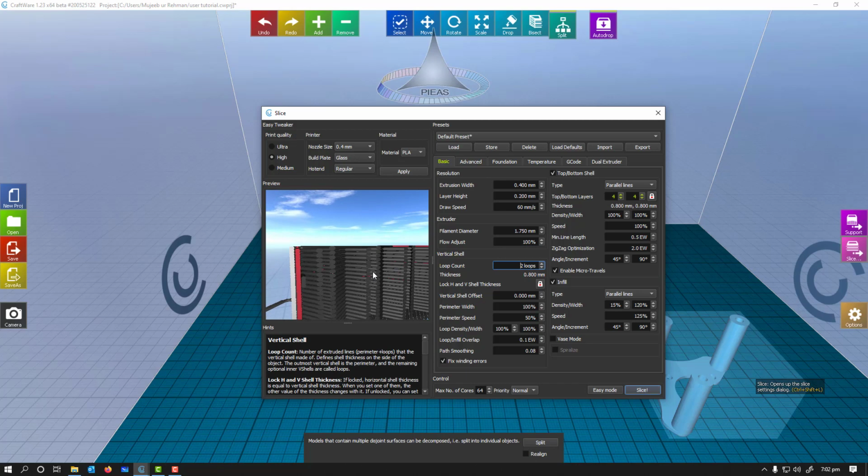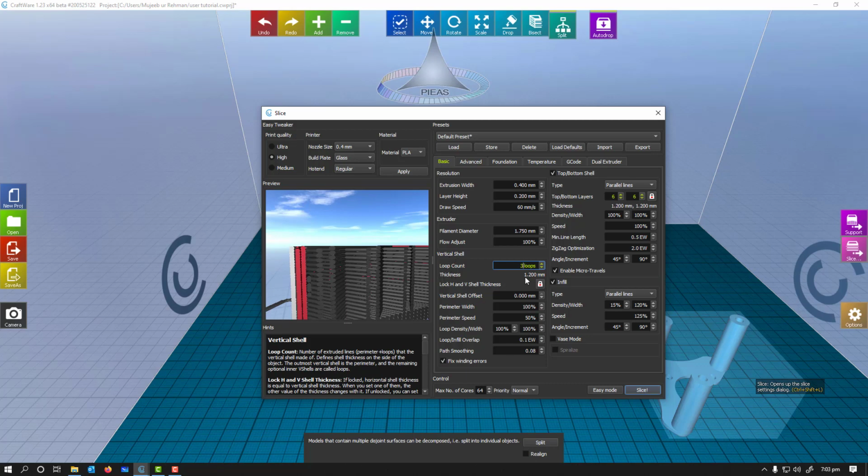Next thing is vertical shell. You can see here that it represents the layers on the vertical walls. So these are the layers. If you want to increase these layers, you can increase to 3, you can increase to 4. Right now you can see the number of layers are increasing. Now I'm gonna keep it 2 or 3, which is more than enough layers for your hobby work. And if you need more strength, then you can go for more number of layers, specifically about the vertical shell.